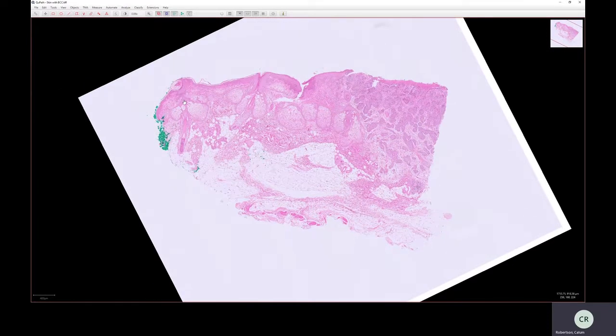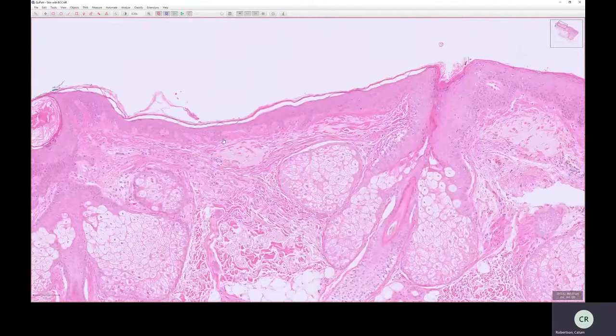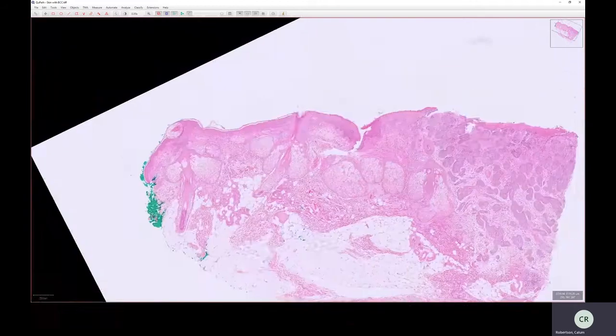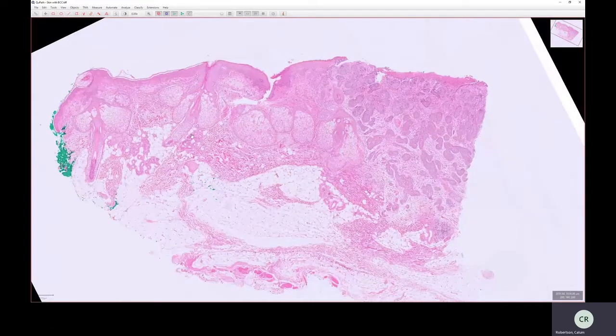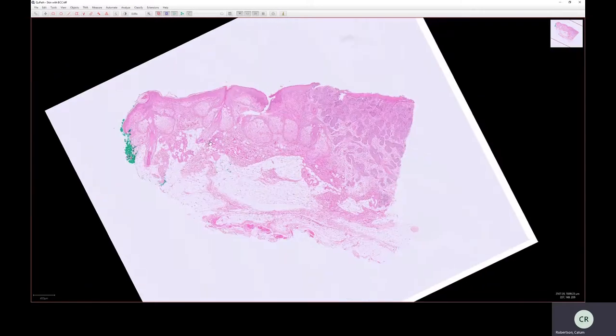For example, a PAS is probably the most commonly used one, which we can use to show, for example, fungal organisms stained with PAS. In skin, we use that a lot. And we can use other stains. For example, we might use a Congo red stain to stain for amyloid, or we might use a Perls stain to stain for iron. There's lots of different stains we can use, although we don't do that in the majority